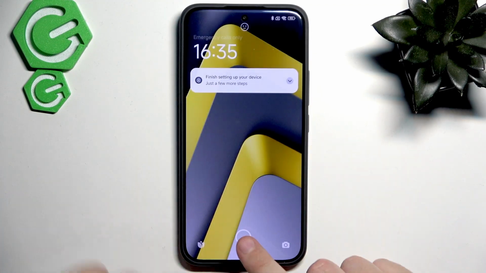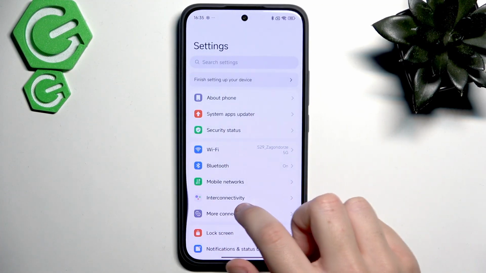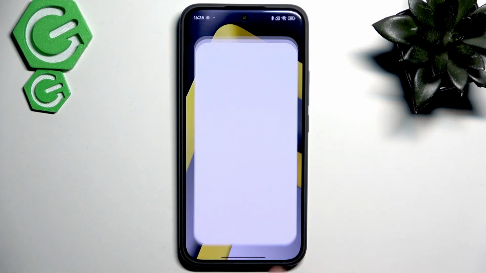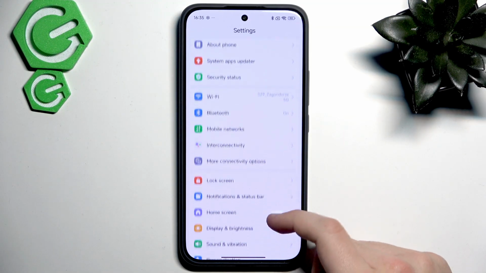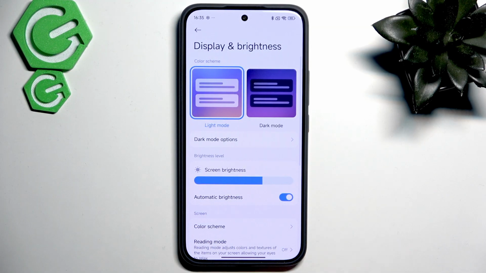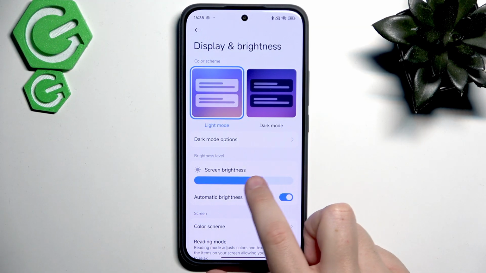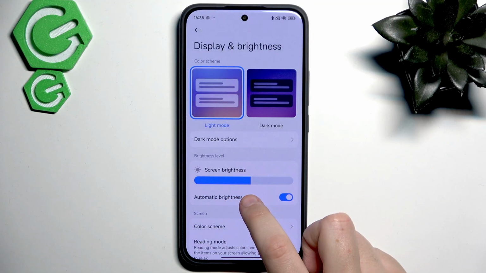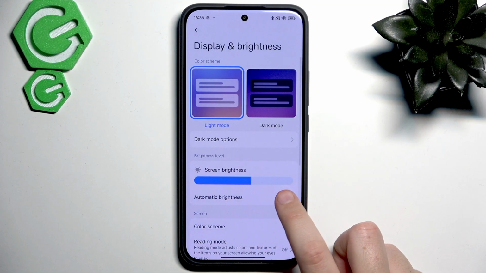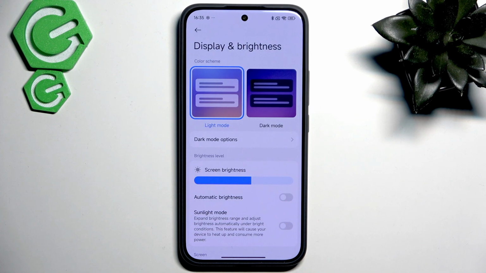So first, what you guys want to do is adjust the brightness in the settings. The way you do that is you just go over to the settings, and here in the settings we're gonna go over to display and brightness. Here first we want to adjust it. For example, I'll adjust it like that, and now we need to make sure that we disable automatic brightness. After that, if you still experience screen flickering, what you guys want to do is download the screen dimming